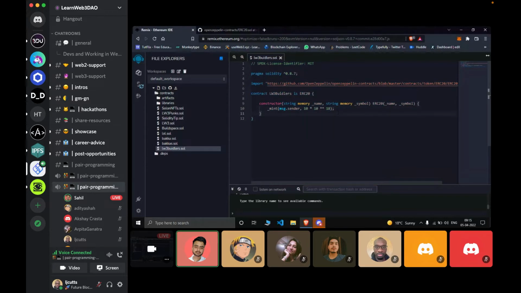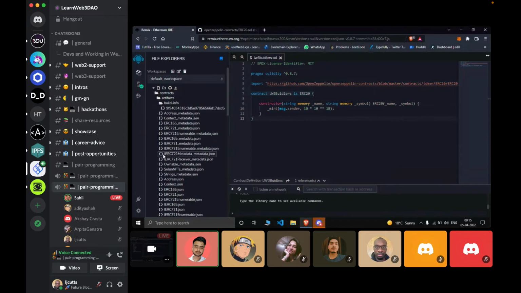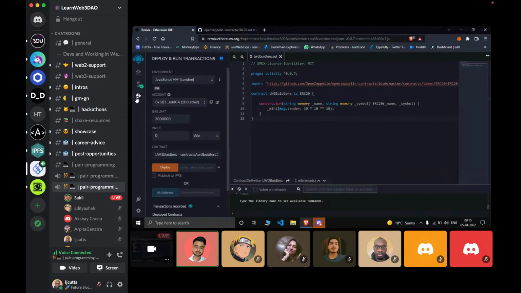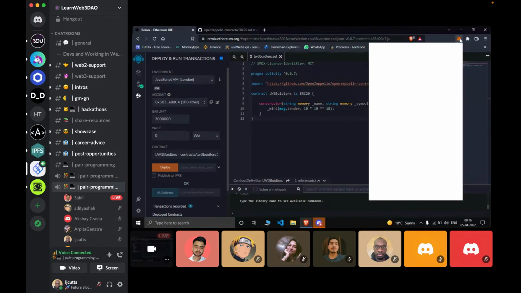We are also going to import this in our MetaMask, right? So firstly I'm going to deploy this, and then we are going to upgrade this a little bit, right? So let's compile this now, and it's getting compiled. Okay, it's compiled now. Let me come to my deploy tab, and we are going to deploy this on an actual test net, right? So I'm going to open my MetaMask,